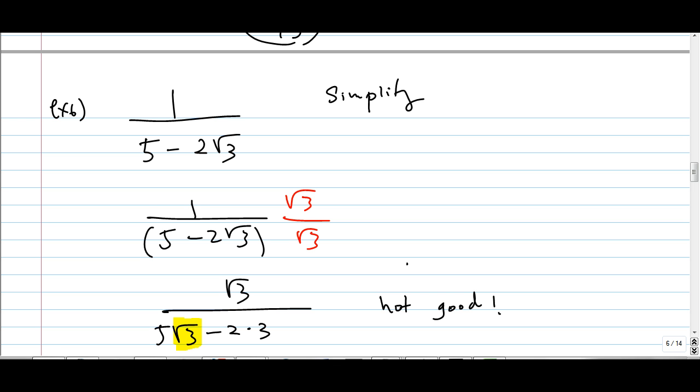Raju, what do you think? Factor the radical out. Oh, I cannot factor the radical out because the radical 3, rad